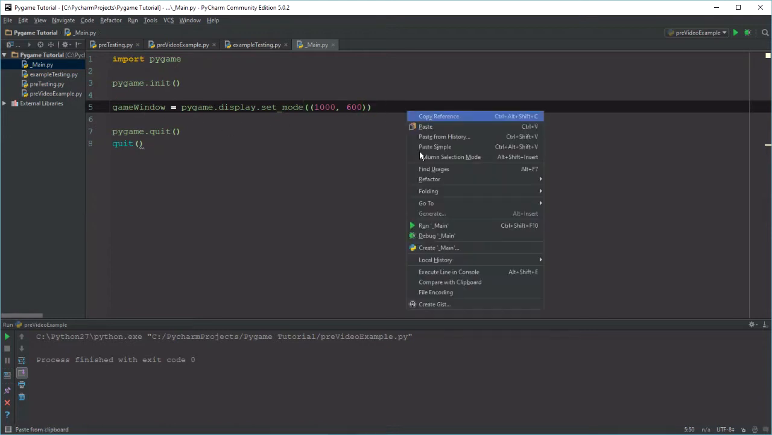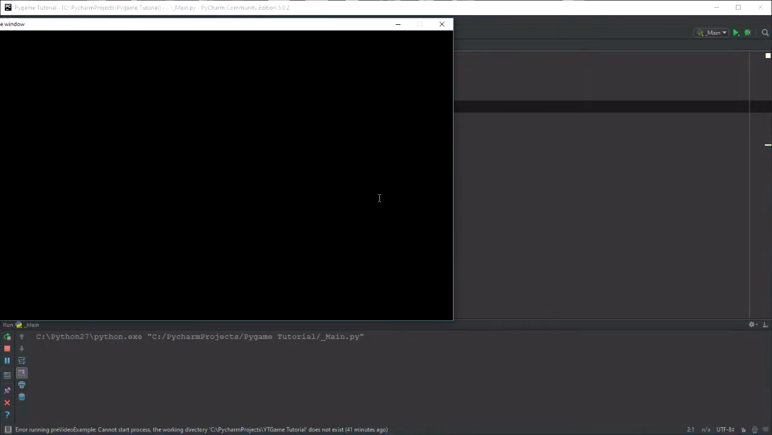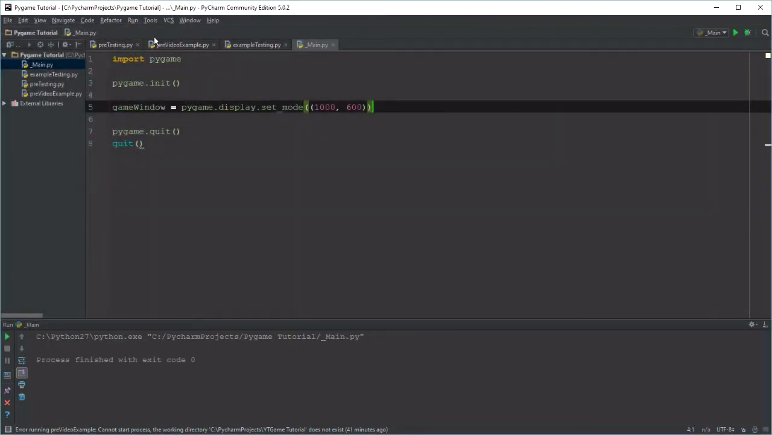That should work. And actually, let's run this and see what happens now that we have a display. I want to show you guys. See, a window pops up and then goes away. Well, that's not quite what our example had. Our example had a window that stayed. So how are we going to get it to stay? Well,